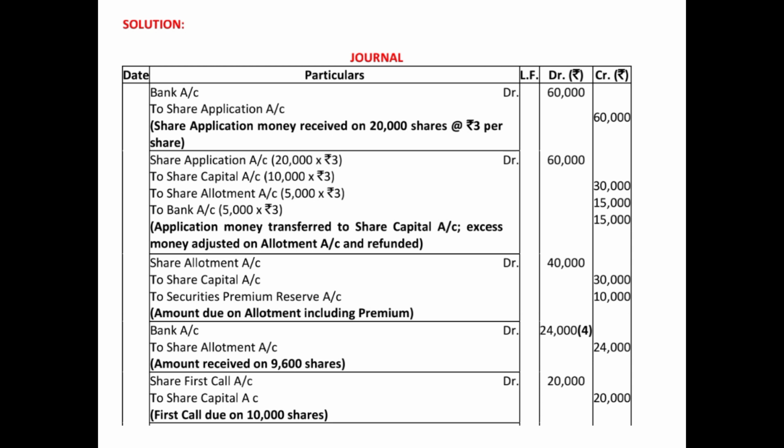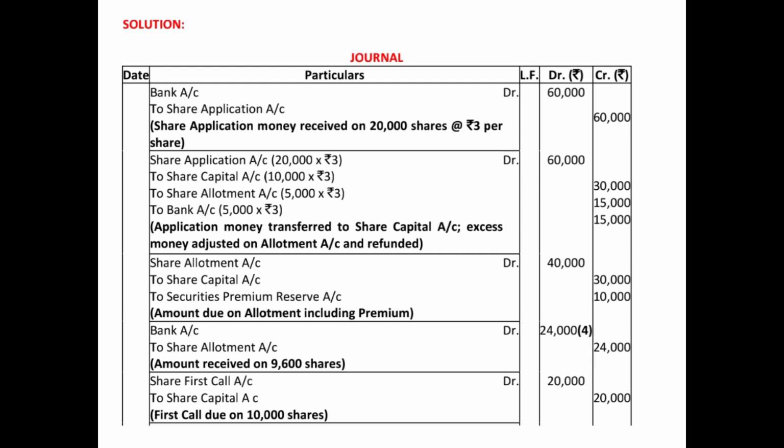The first entry is for the application money received. So 3 rupees of application money was received on 20,000 shares, the oversubscribed shares. So the receiving entry for application will be bank account debited 60,000 to share application account 60,000, that is 3 rupees on 20,000 shares. Then this application money will be transferred, and also the excess money on 5,000 shares will be rejected completely. So the entry will be share application account debited with the amount it was credited, that is 60,000, to share capital account, the value of the application, that is 3 rupees on allotted shares, that is 10,000 shares, which comes to 30,000,